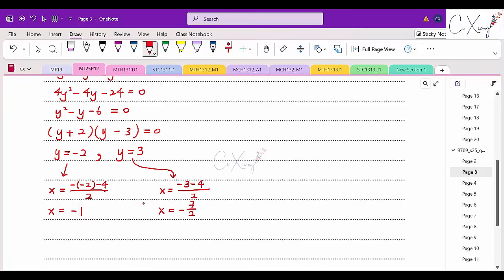And they're asking for the coordinate for intersection point, right? So I would strongly suggest you try to rephrase your answer again in the coordinate form, where the first intersection point will be negative 1 and negative 2. Then the second intersection point will be negative 7 over 2 and also the 3. So this is how we solve question number